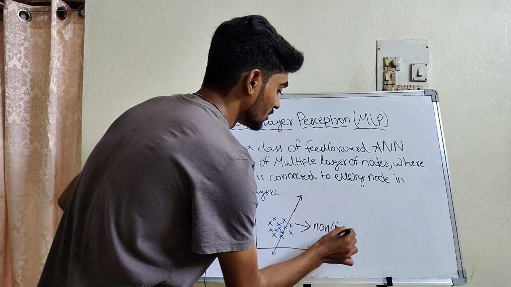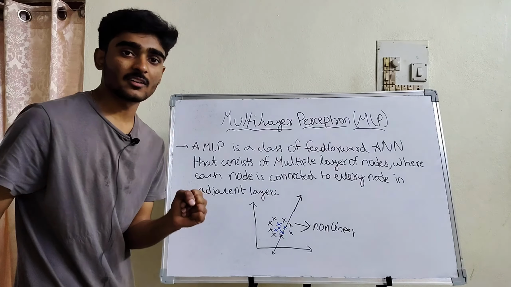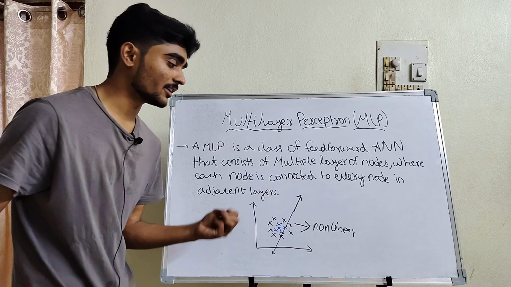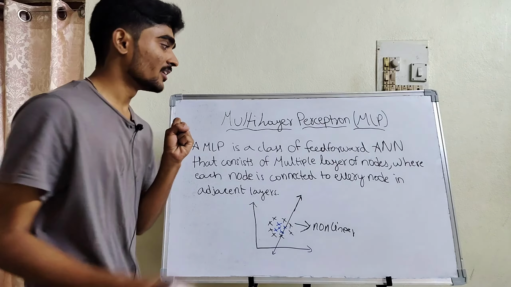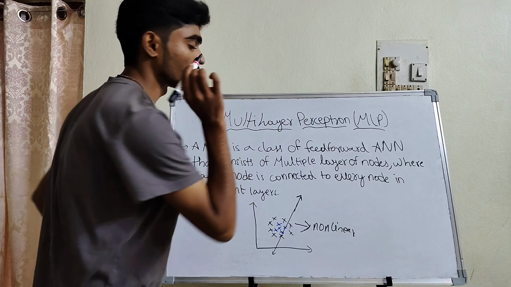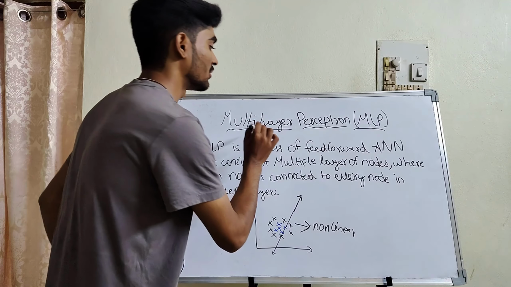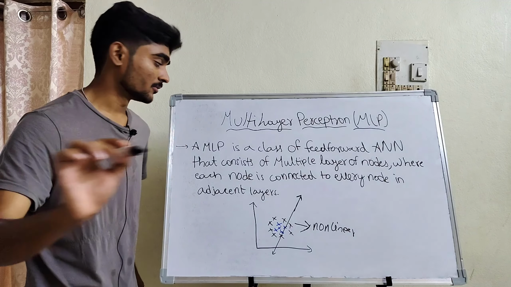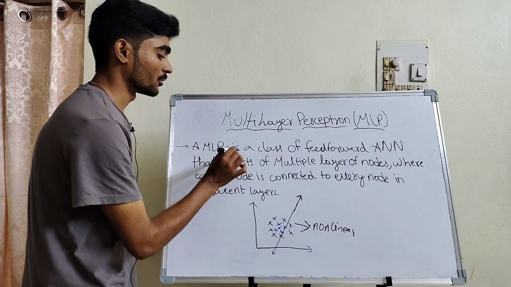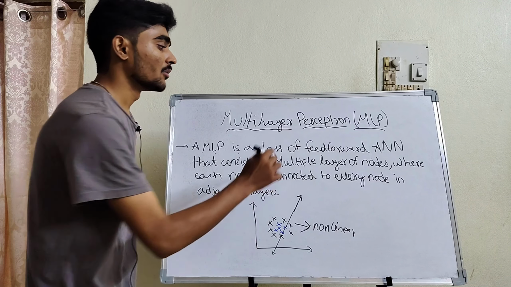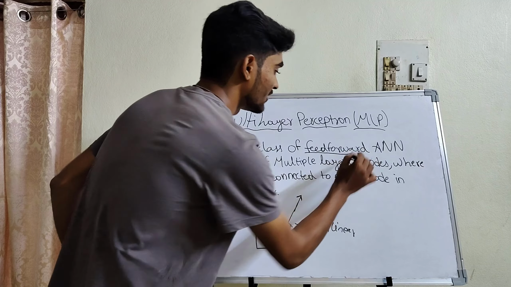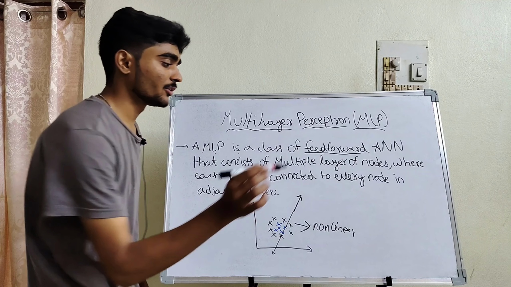To overcome this kind of problem in classifying non-linear data, scientists introduced multi-layer perceptrons. Now let's define a multi-layer perceptron. A multi-layer perceptron is a class of feed-forward artificial neural network. What feed forward means is, when you take a simple neural network,